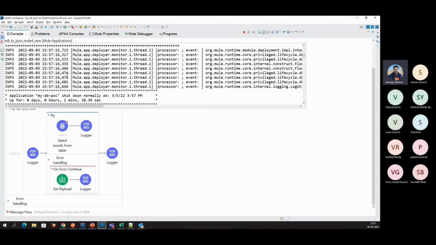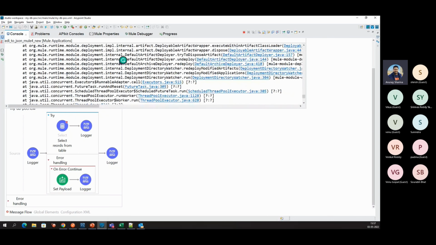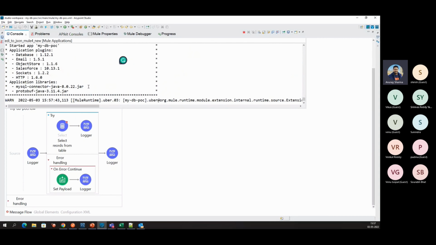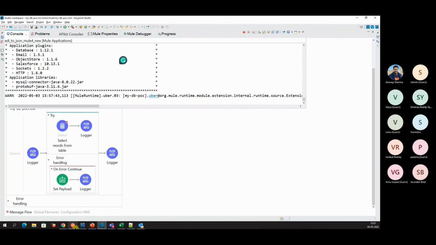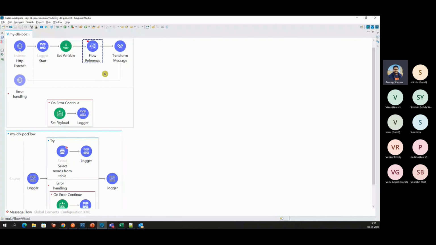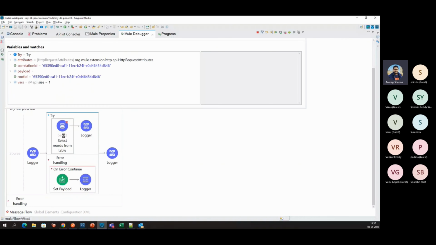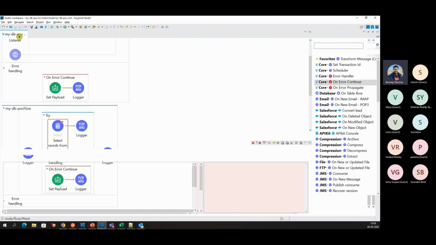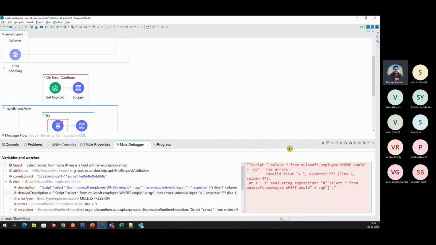So it is stopping and it will start initializing and then it will start the MyDB POC. Started. Go back to Postman, hit the request, came to the main flow, and now it will call the private flow inside the try-catch flow. I'm just pressing F6 to move to the next processor. Okay, so this time error occurred, or instead of F6, you can press just this one, this option in the